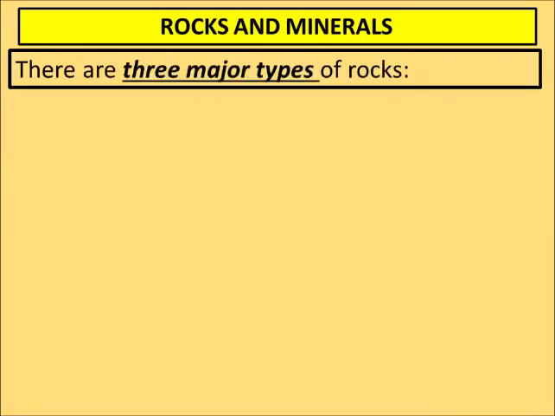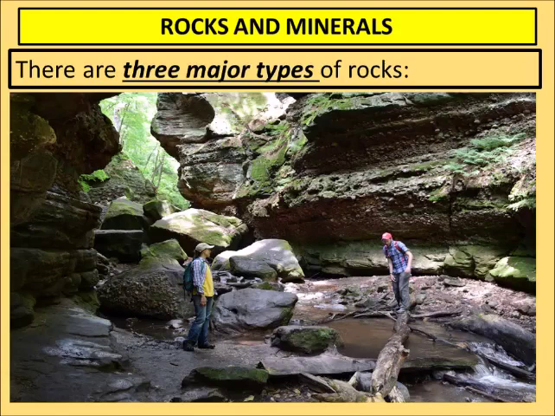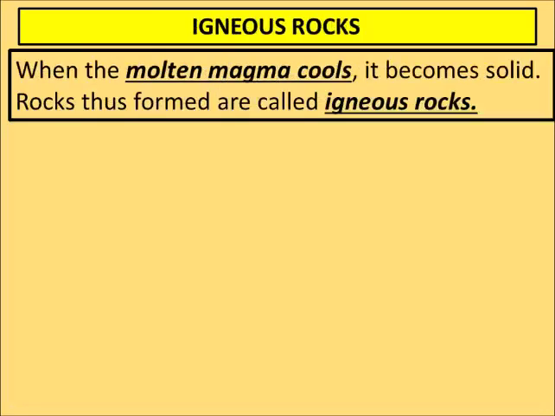There are three major types of rocks. When you are talking about rocks, they are mainly classified into three parts: igneous rock, sedimentary rock and metamorphic rock. Let us one more time revise it: igneous rocks, sedimentary rocks, metamorphic rocks. Let us first talk about igneous rock. Igneous means something related to fire, आग, है ना? As the name implies, ig means आग or fire.